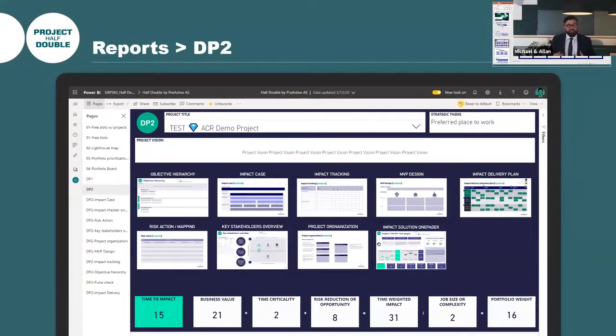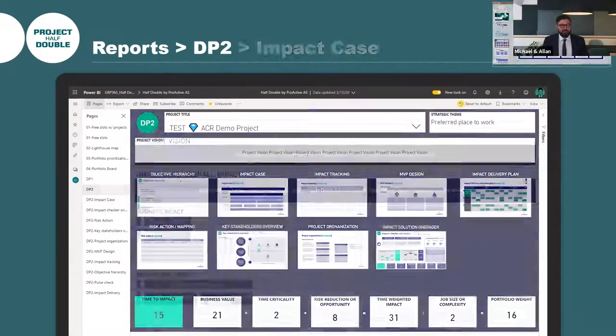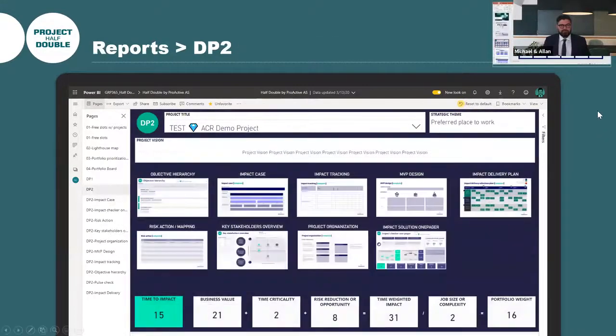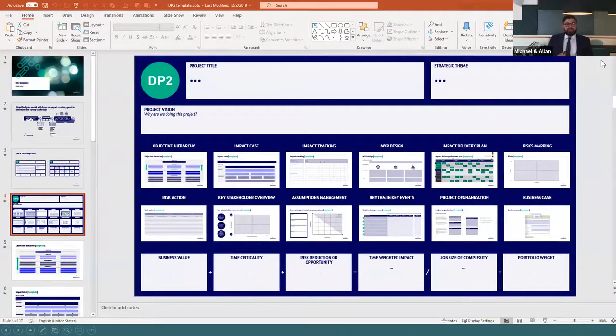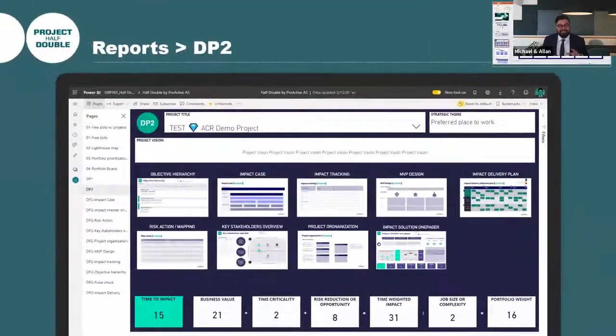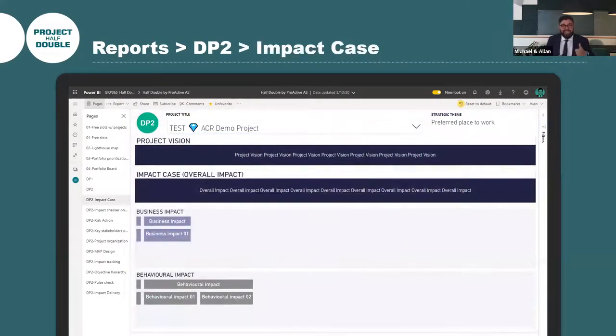If you look at the original template, how it was actually provided to us. Yep, this is the original template. This is built in PowerPoint, but why not have that template live, connected with my report? And I'm not only talking about this main frame, but also all the sub-reports with the impact case,